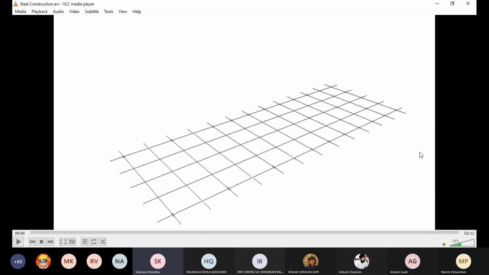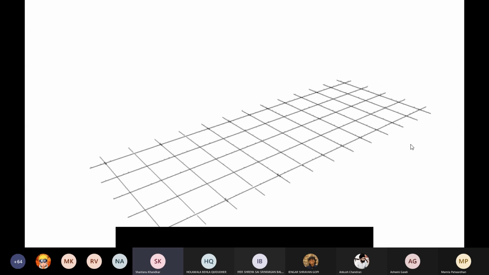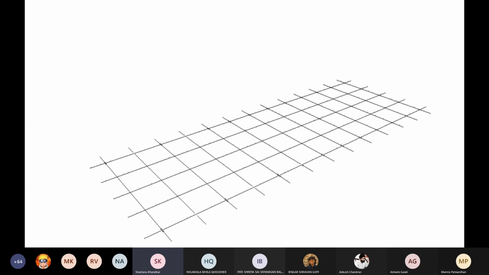Okay, so today I'm just going to talk about some basic stuff regarding steel construction. I'll be showing you a short video which I had made to show some of the ways in which different steel members are connected to each other. I have taken the example of a small factory shed, and how different structural members are used and how that structural grid gets formed. That is basically the idea behind this video.